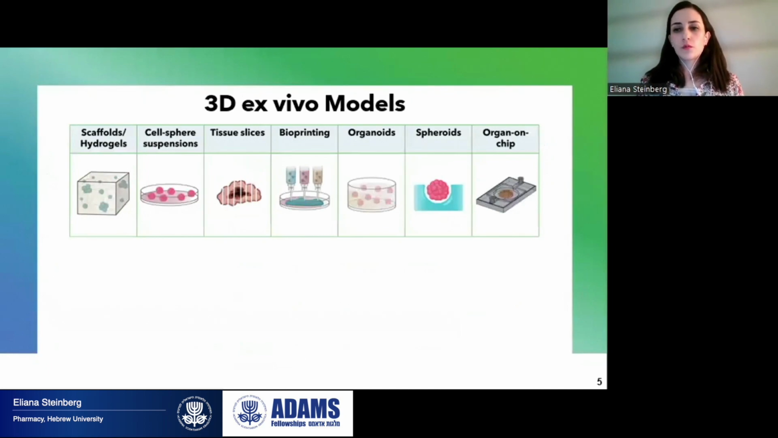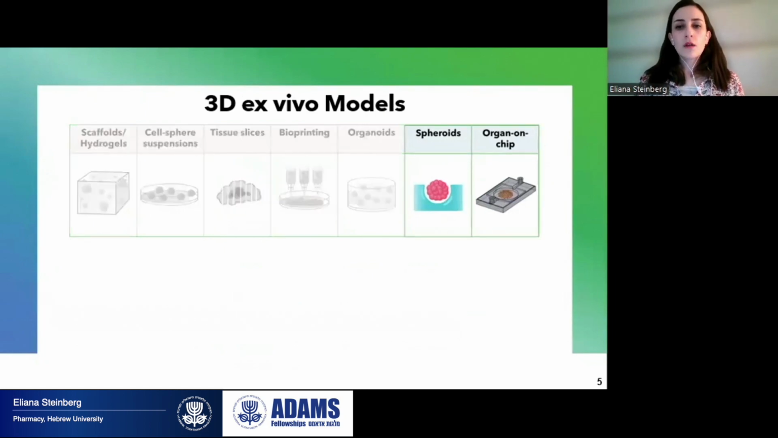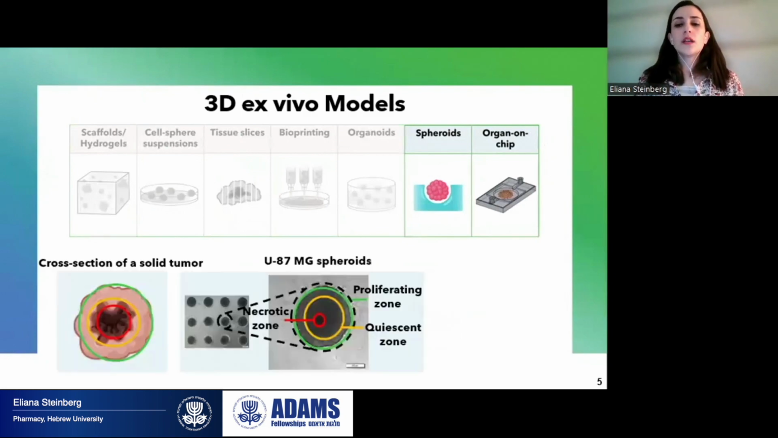There are several 3D culture models used in research. In our lab, we worked with pretty much all of these different models. I will now focus on spheroids and organ-on-chips since they enable high throughput and versatility. We can see on the left a cross-section of a solid tumor, and next to it is an example of glioblastoma spheroids. We can see the spheroids are cell aggregates with the physiological spatial growth and metabolic activity similar to